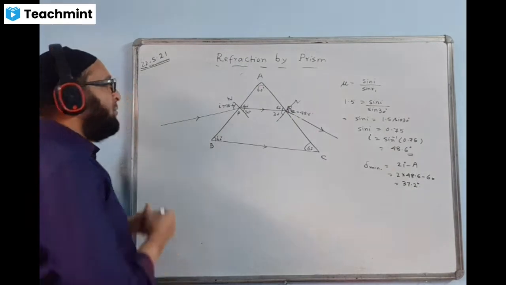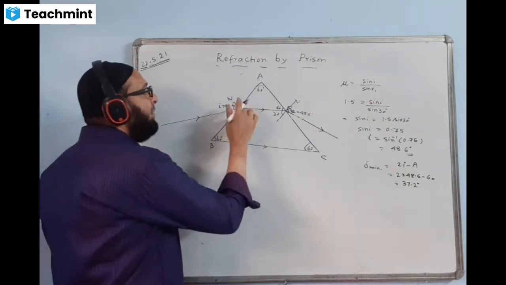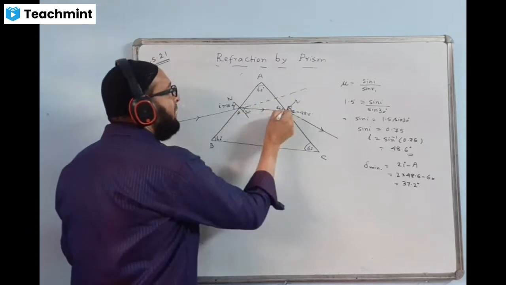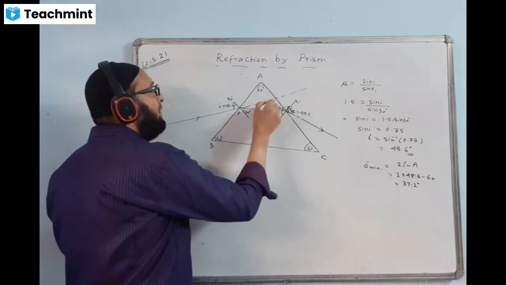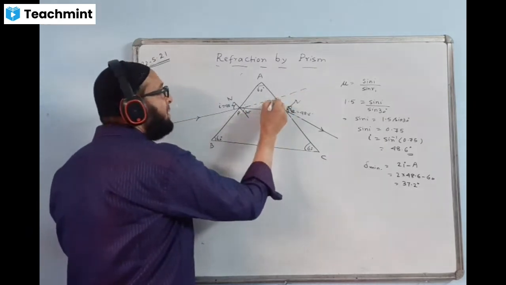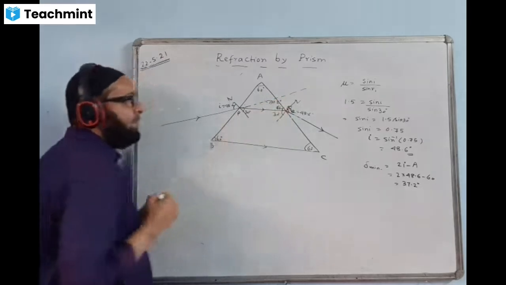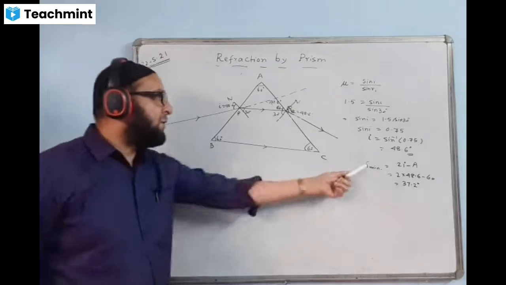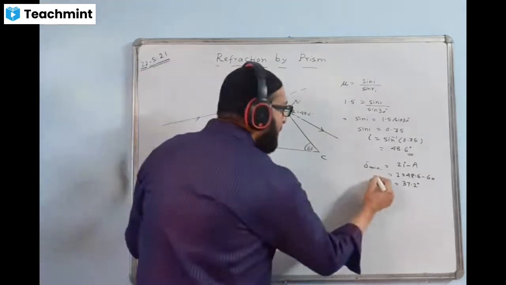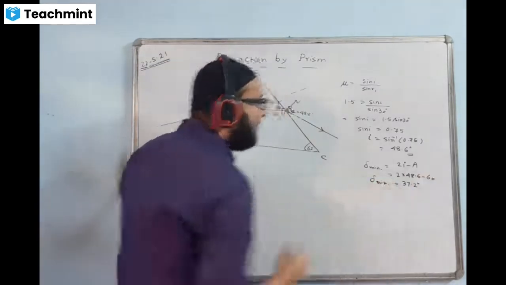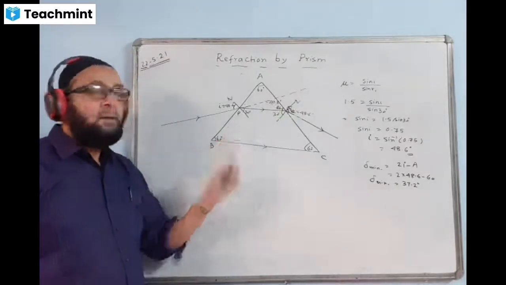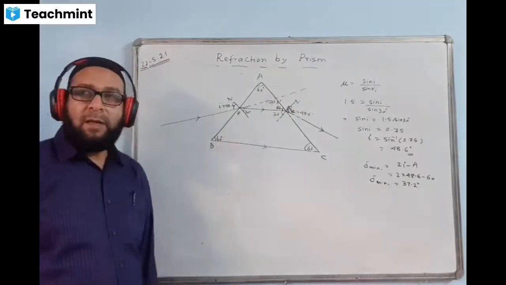So now in the diagram 60 degree will not show, so we'll just extend it forward. This line also will extend forward here, and this angle will show 37.2 degree. This angle is 37.2 degree. This is the value of minimum deviation. Minimum deviation value will come 37.2 degree, but by which kind of prism? By the equilateral or regular prism.